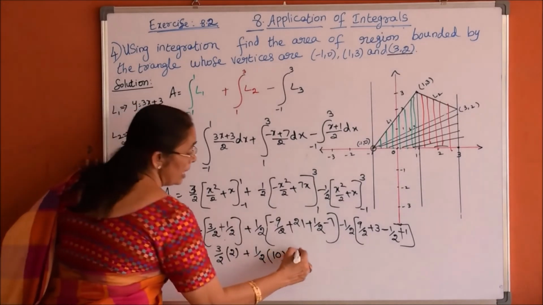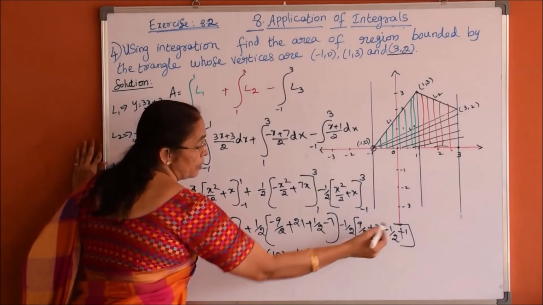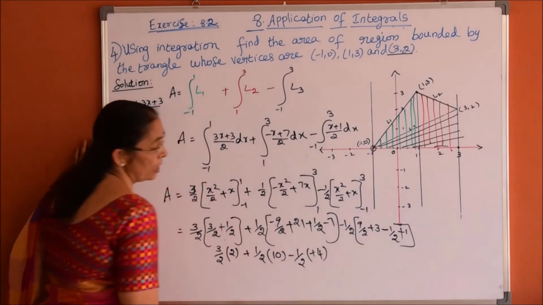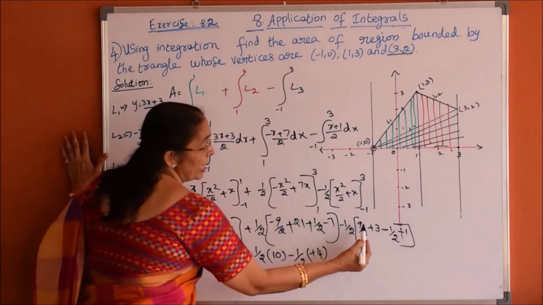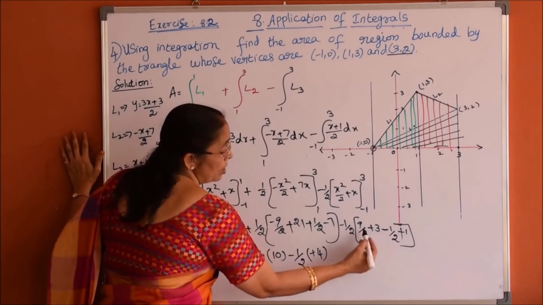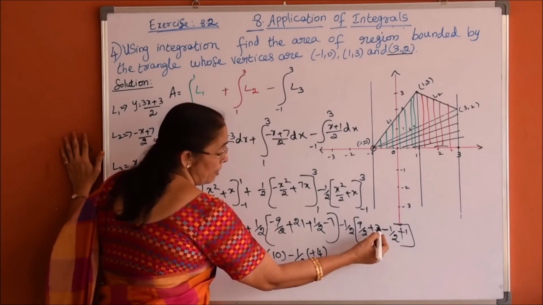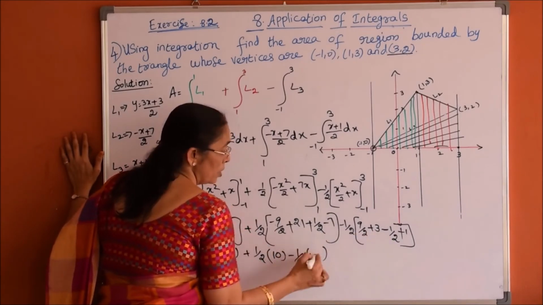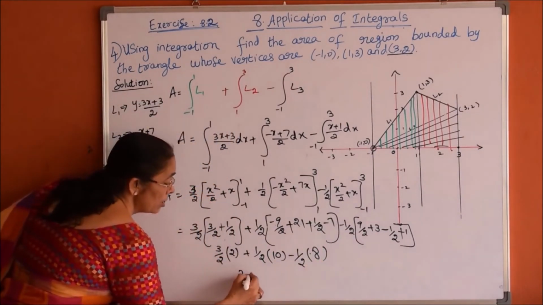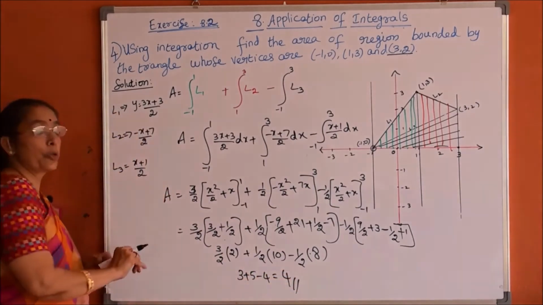Now, the last part, minus half into 8 by 2 is 4, 4 plus 3, 7 plus 1, 8 by 2 which is minus 4. Sorry, already one minus sign is there outside. Let me check once again. 9 by 2 minus 1 by 2 is 8 by 2 which is 4. 4 plus 3, 7 plus 1, 8, this part. So, this is 8. So, now this is nothing but 3 plus 5 minus 4. The required area is 4 square units.